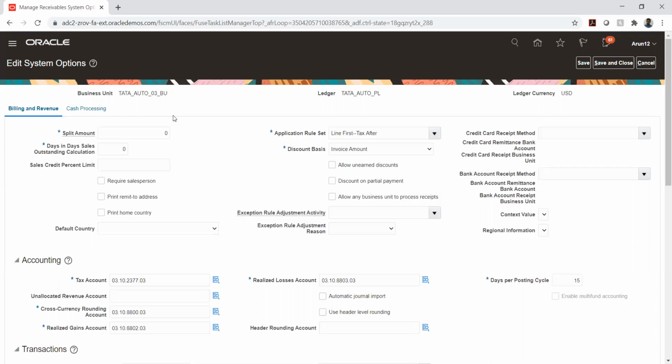So we'll start. Here, if you see, I have attached my business unit, and based on the business unit configuration, where we attach the ledger, the system has auto-populated the ledger and the ledger currency. This is one part. Then we have two tabs: one is billing and revenue, and the other is cash processing. Billing and revenue is for the transaction, whereas cash processing is for the receipt. Here we have split amount, days in sale, all those things. So this is related to